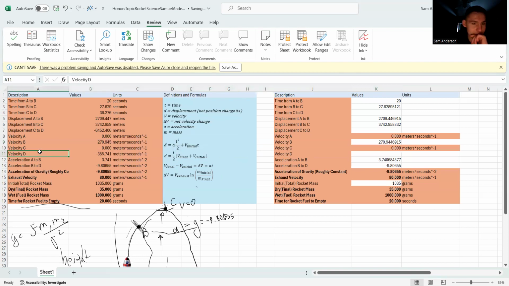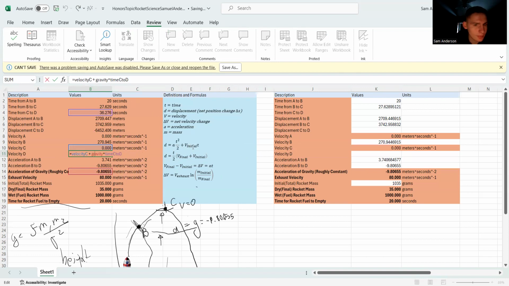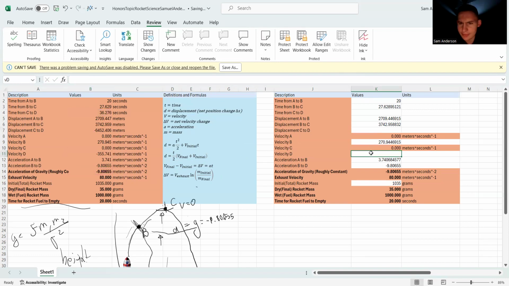What did I do over here? Velocity plus gravity, time c to d. Velocity c. Excuse me, we know what displacement is. I was working on velocity. However, we know what displacement from C to D is. That'll just be the addition of A to B and B to C,